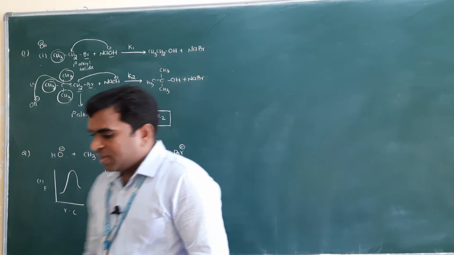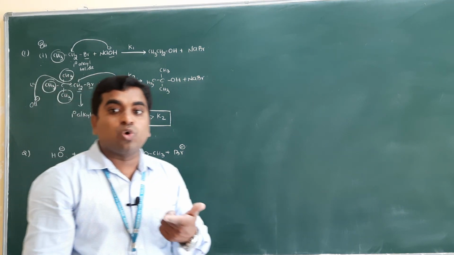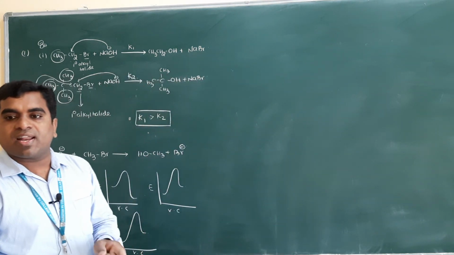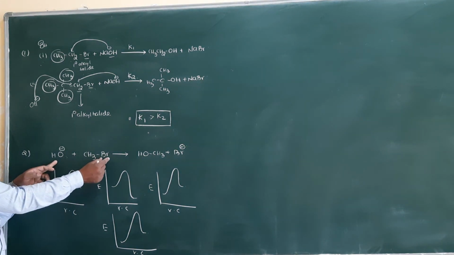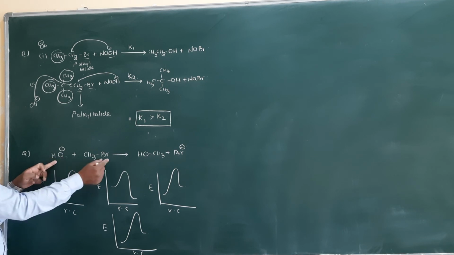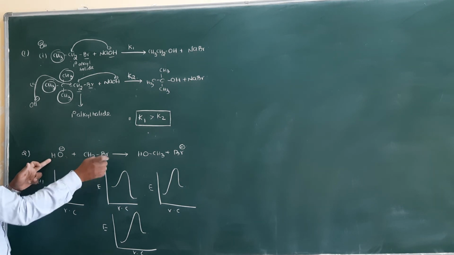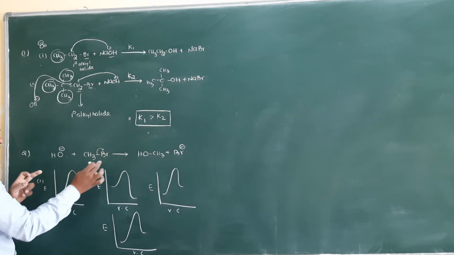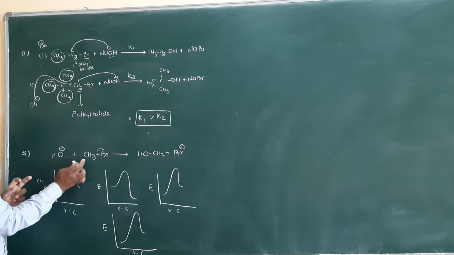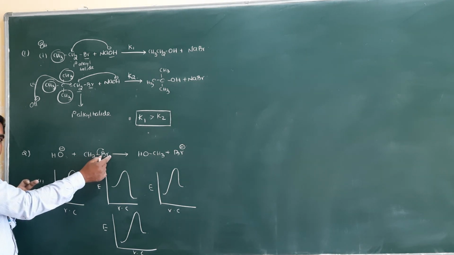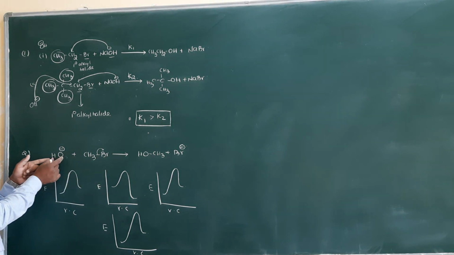You know that SN1 and SN2 reactions both are exothermic reactions. Why exothermic? Here Br will be replaced by a nucleophile. Br is also a nucleophile, an internal nucleophile, and OH minus is the other. When this bond breaks, bromine is more electronegative than carbon, so bromine gets a negative charge and carbon gets a positive charge. A negatively charged ion species is called a nucleophile.